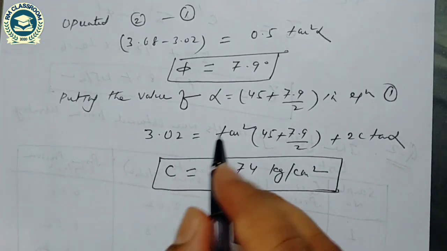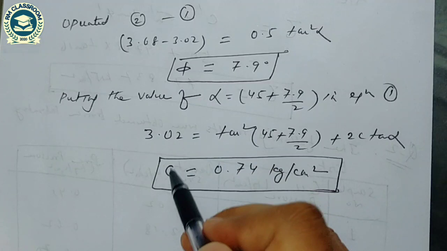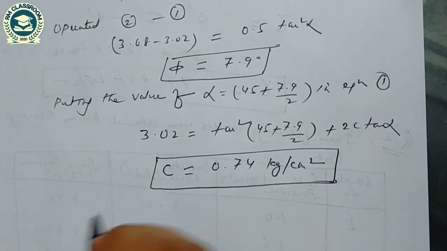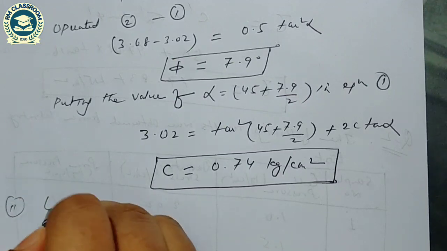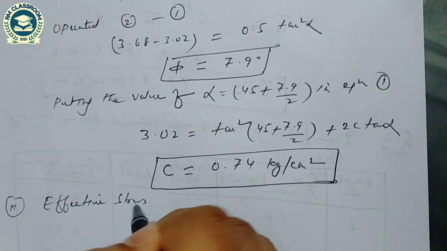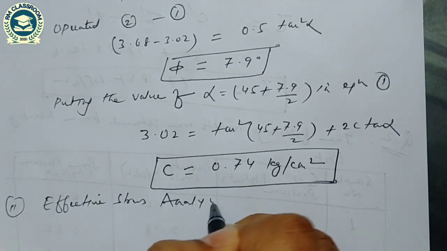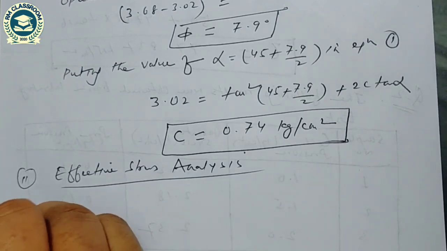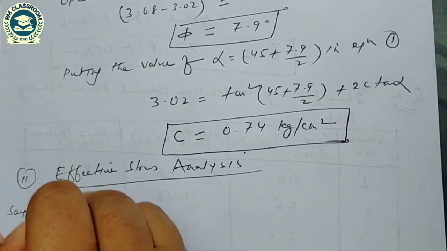Now these C and phi are called shear strength parameters. This shear strength parameter we have to compute using effective stress analysis. So in the effective stress analysis, this is sample